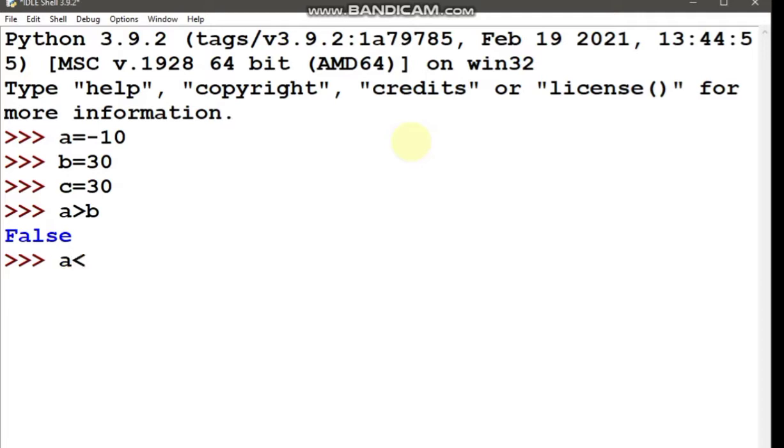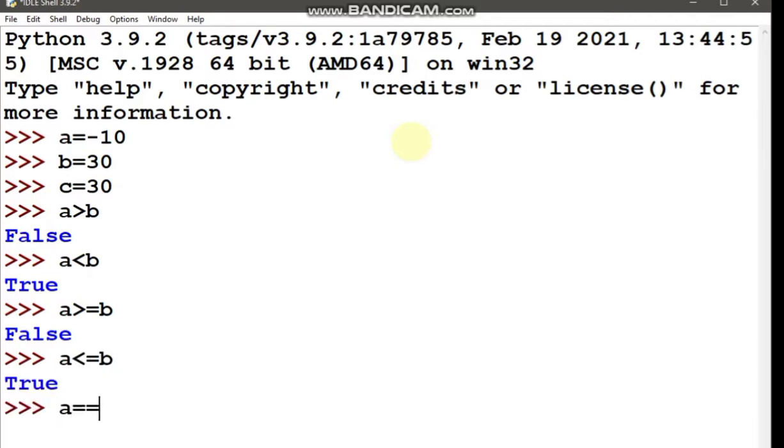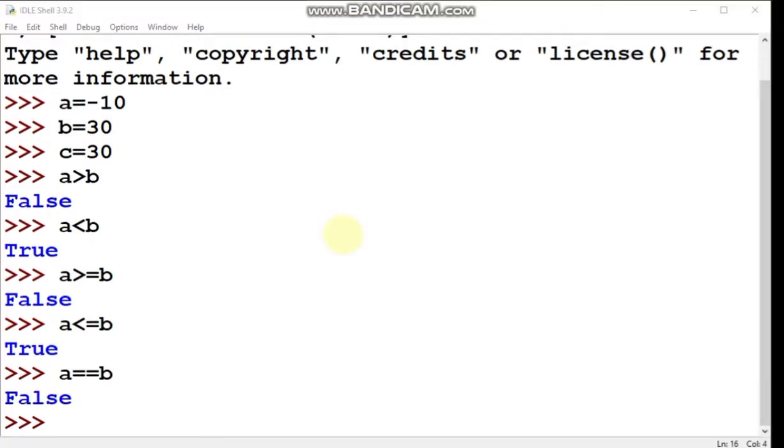Then A less than B, this will be true. A greater than equal to B, A less than equal to B, and whether A is equal to B. So A double equal to B is false, that is, minus 10 is not equal to 30.